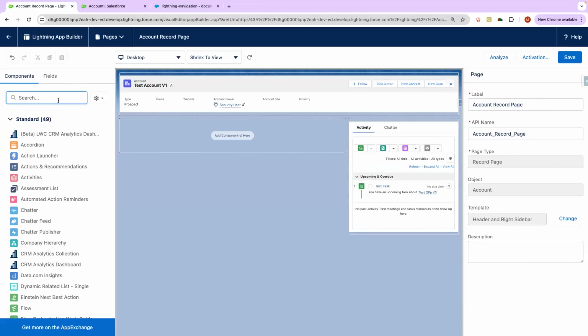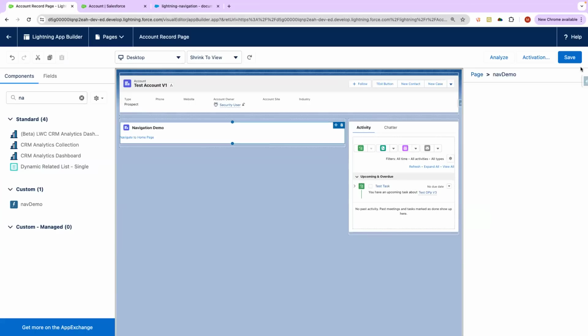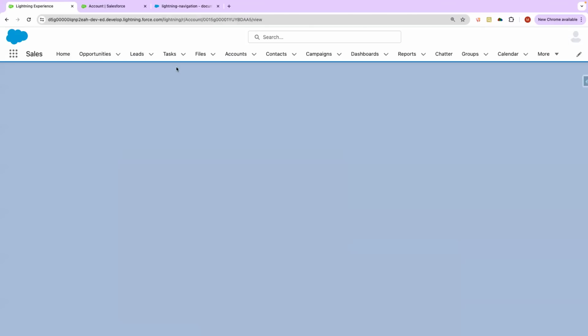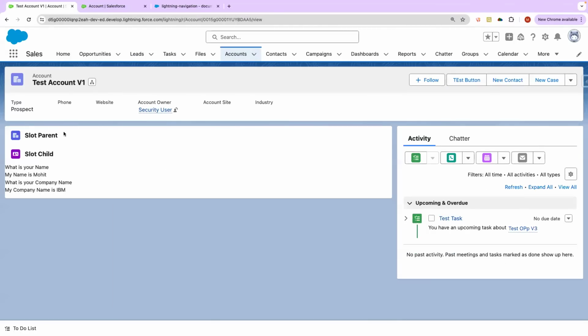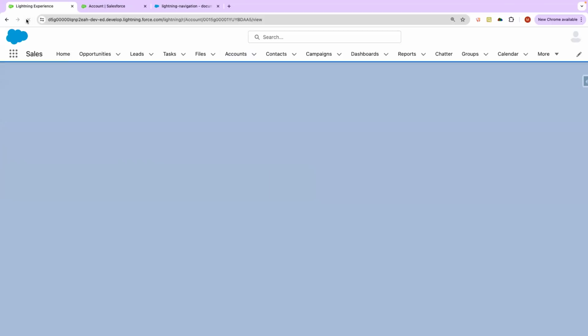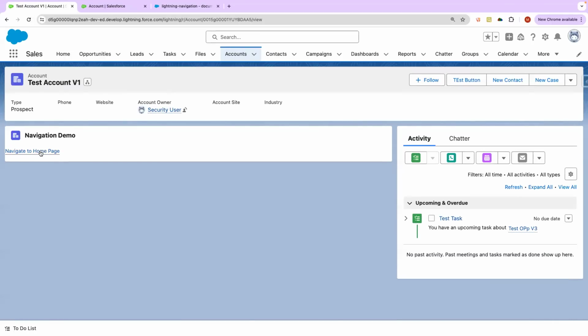Let us try to add navigation component. Let us save it. Okay, so if I click on this,